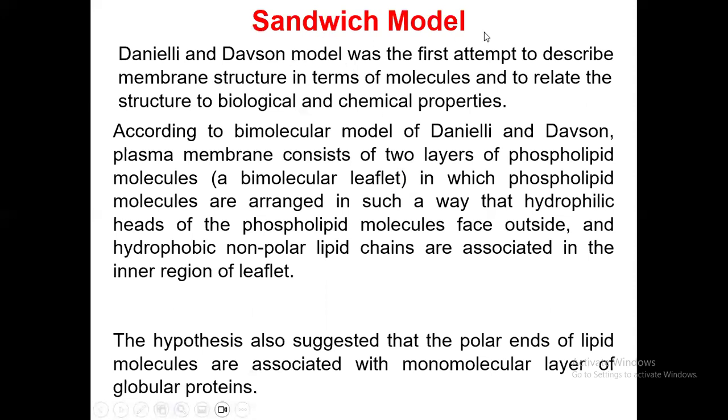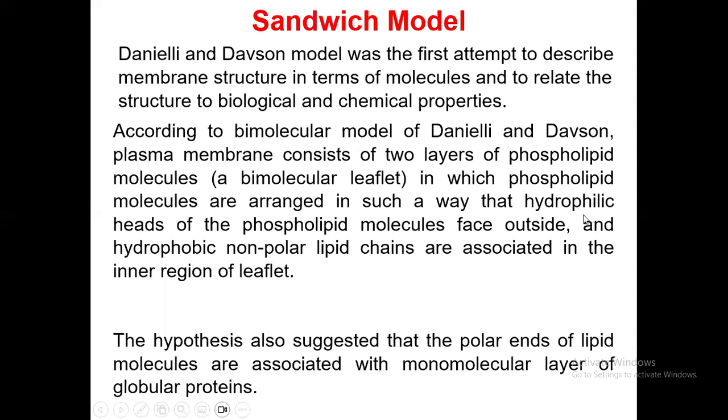Hence, later on, the sandwich model was proposed by Danielli and Davson. According to this model, this was the first attempt to describe the membrane structure in terms of molecules and to relate the structure to the biological and chemical properties of the molecules. So, according to the bimolecular model of Danielli and Davson, the plasma membrane is made up of two layers of phospholipids, that is, it is bilayer or bimolecular, in which the phospholipid molecules are arranged in such a way